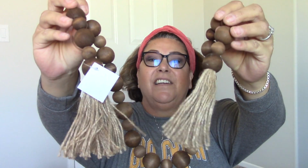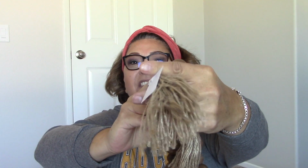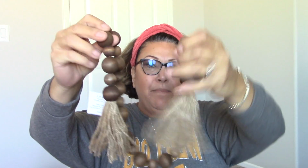So let me set this aside over here. Where else should I start? So I got all of this. So then I got this, which I absolutely loved the color. And I love the tassels. These are easy to make too, but